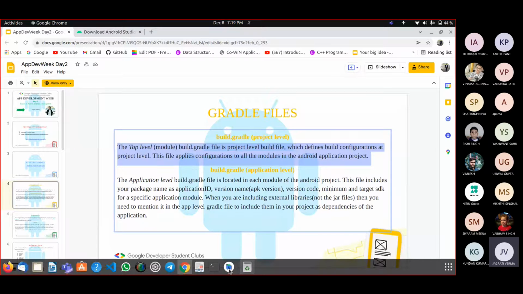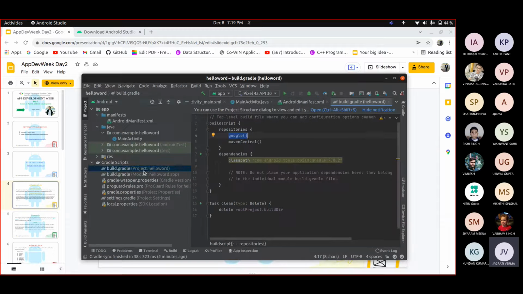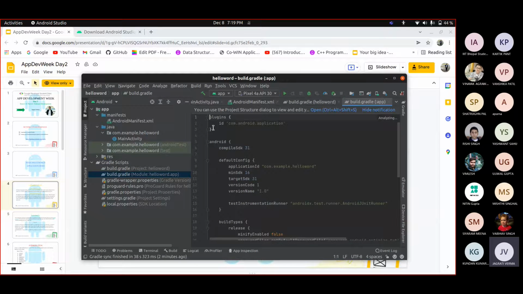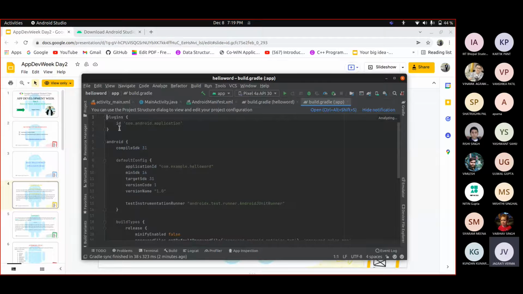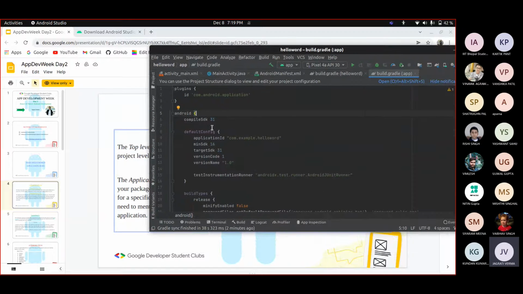The project level is the one inside which we have build configuration, and it applies to all the modules. It's basic, and contains the configuration needed by the Android application project. Even though it doesn't contain much, at our application level we actually define many things. First of all, we add plugins. For now we have a simple Android application plugin, which is a very basic and default plugin we use.